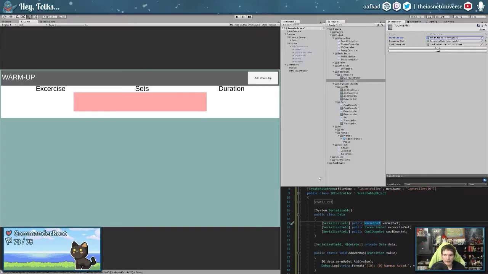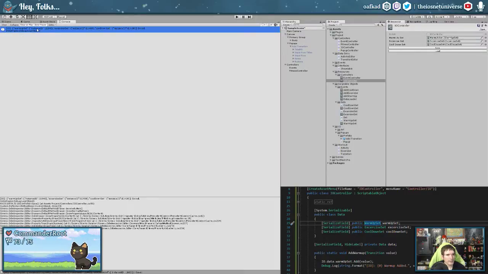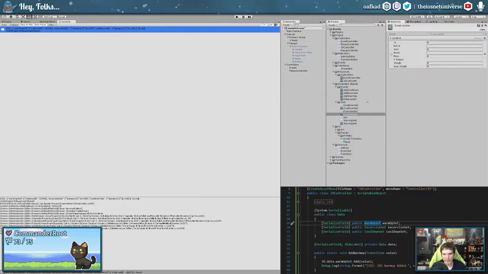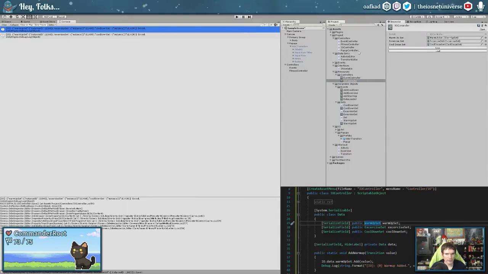Basically, what's happening is it saved a string of, oh, let me move this so you can actually see it. It saved a string of the instance IDs for these actual scriptable objects rather than creating a JSON of the contents within. Pretty sure. Let's go down here and we'll add something, and that's fine. That's all we need. So we're going to add that, and we're going to hit save again, and you'll notice nothing changed. So yeah, that's the problem we have right now.